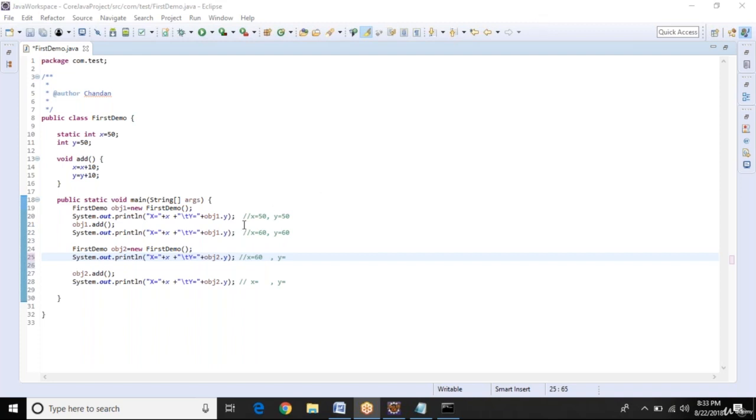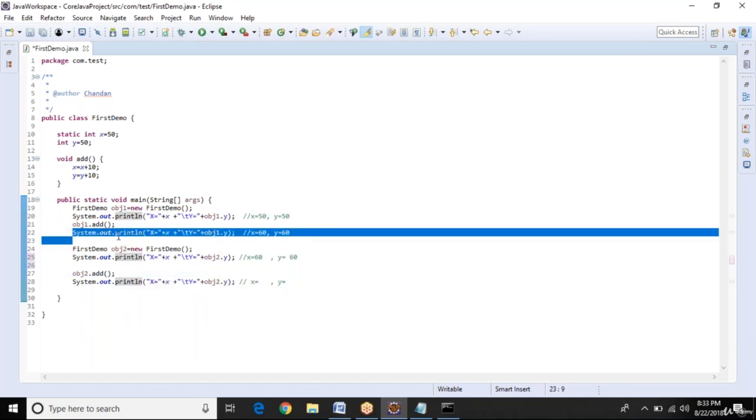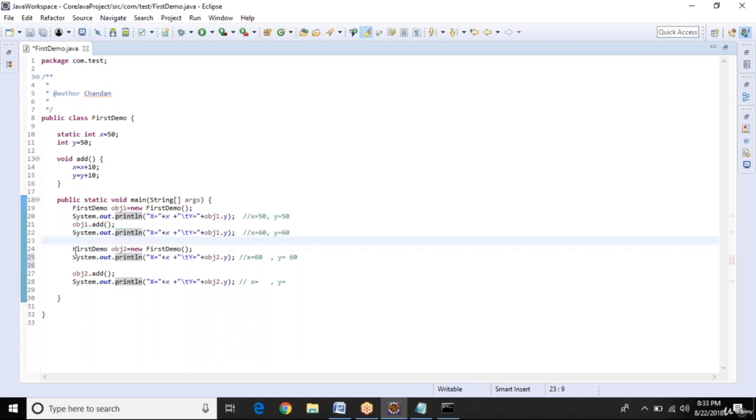That means here we get 60 as per you, because we have not called it yet. If you see here, after this line, we have not called the add method. We have not called any add method, so it will not increase any value. It can be the last value. But here you will not get the output as is. Let me run this program, then you will see.